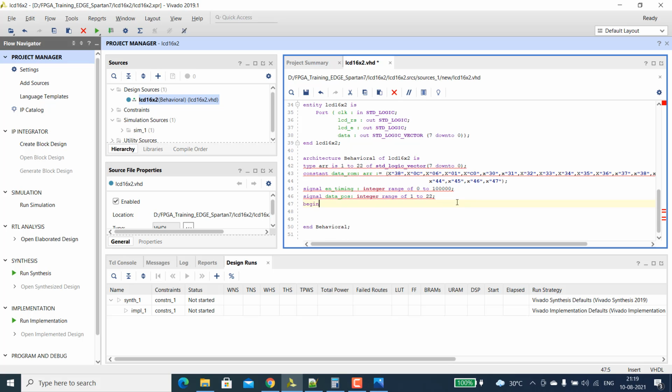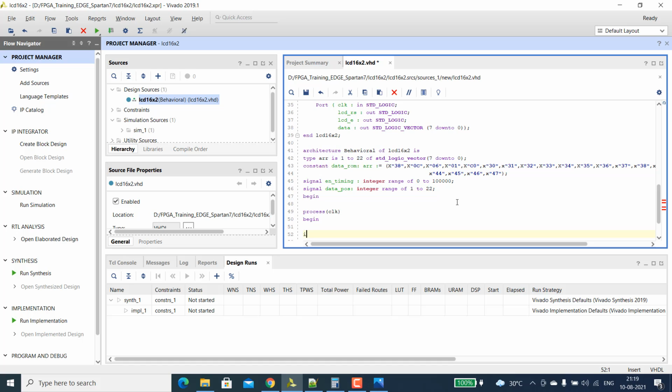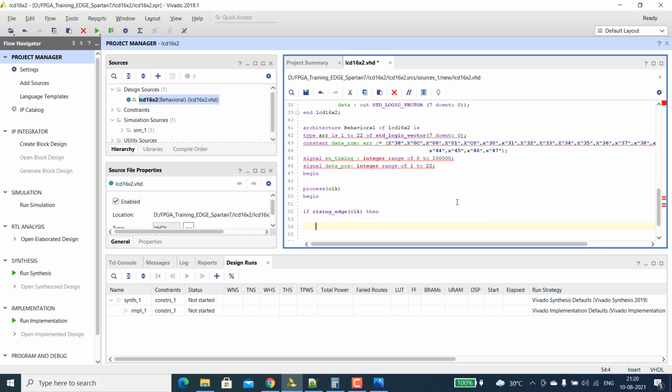Next we have to write the logic. It should be in a process with the clock input, then begin. Here first we declare the rising edge of the clock, then we check enable timing.